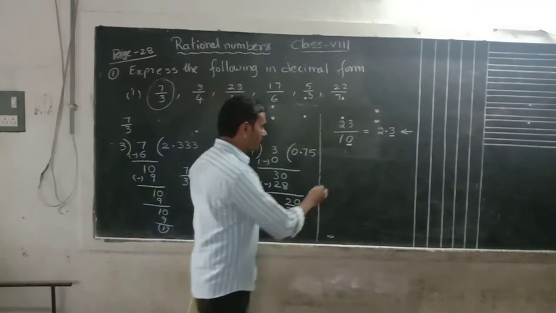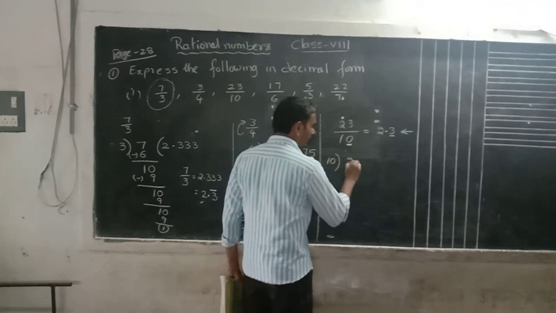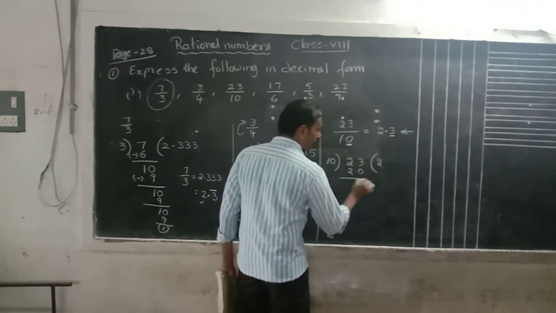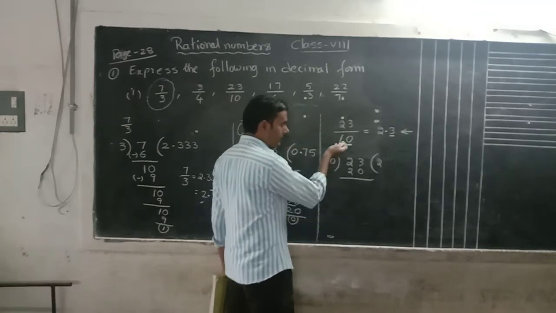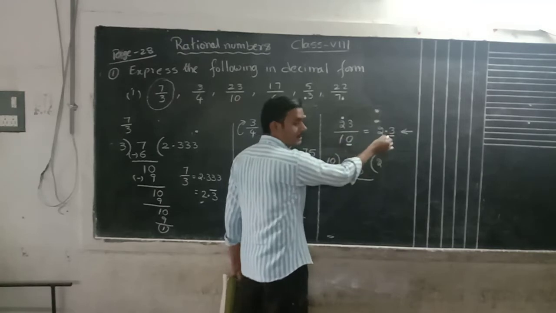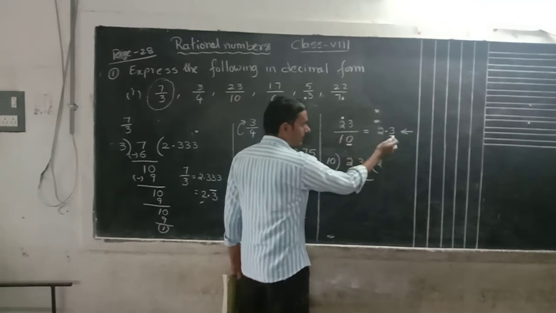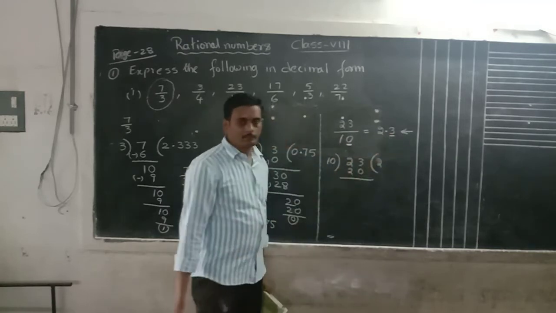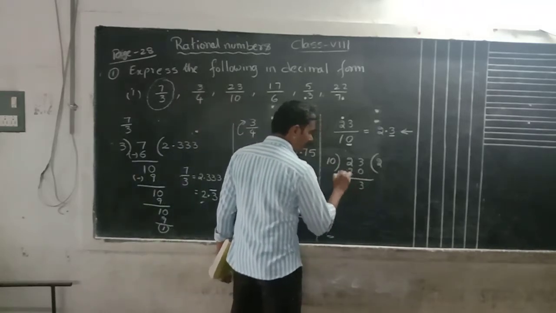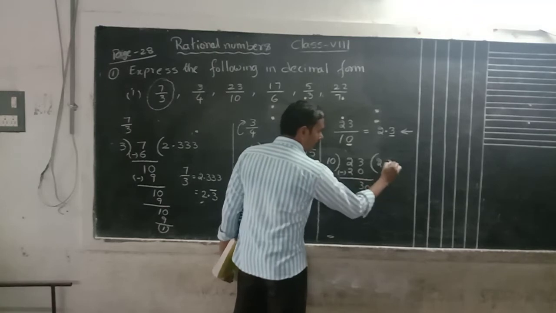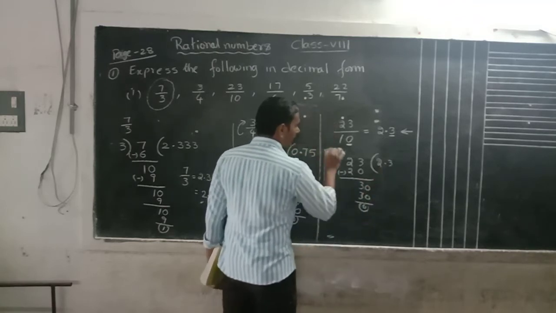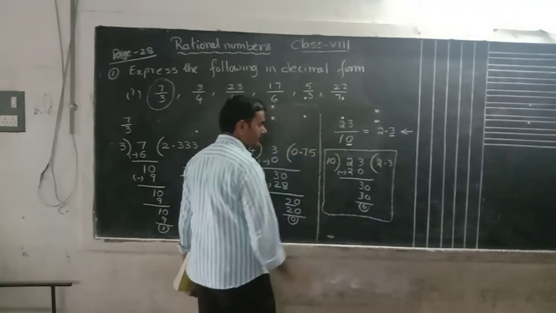23 by 10 is 2.3. If you do the division, we will get the same. No need to do division, it will take time. The 1 beside 0 is directly right, but 23 by 10 is 2.3. There is one 0, so from the right side, 1 digit before we have to keep the point. Okay, point here. Like this also we can do, but this is taking so much time.